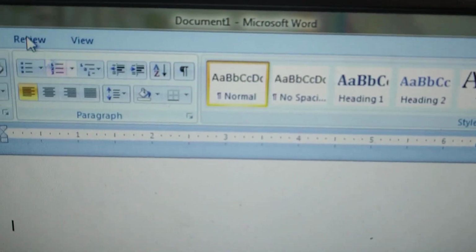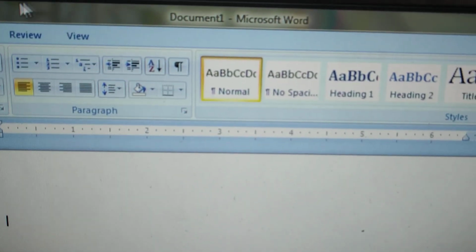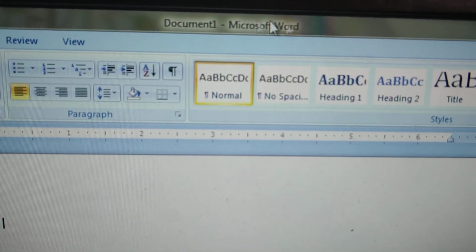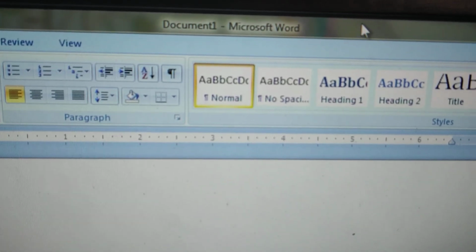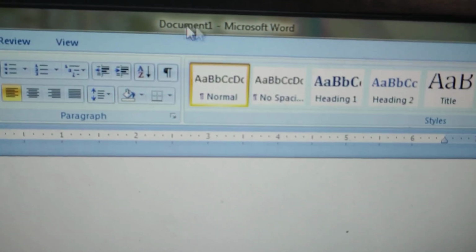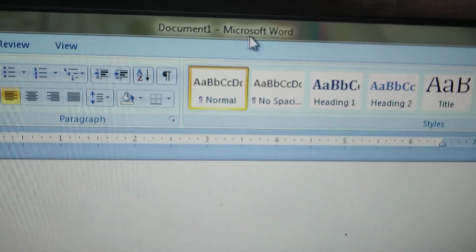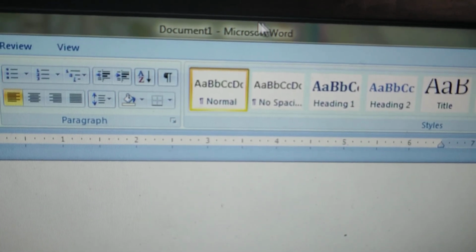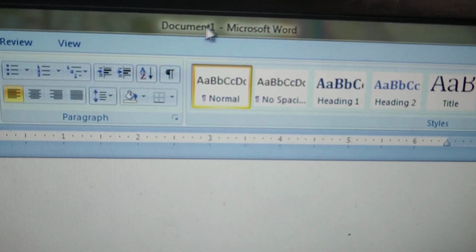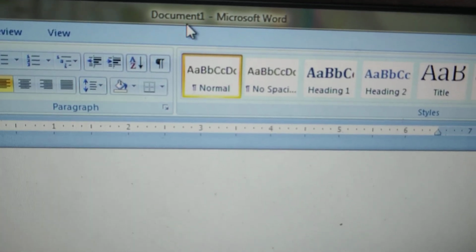See, when you start this Microsoft Word, the first bar that you will get is the title bar. On title bar we can see application name and the file name. Here it is document 1.